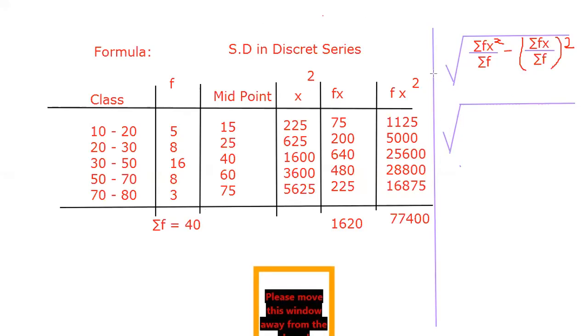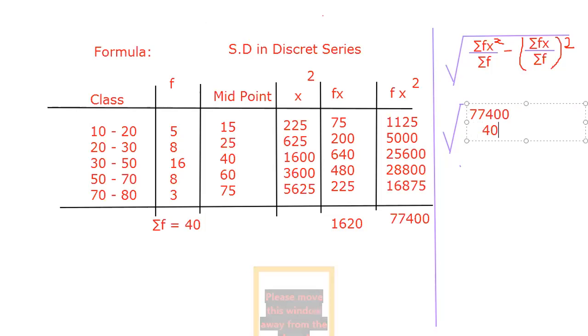So what is our sigma fx square? It is 77,400. Divided by, what is our sigma f? That is 40. So 77,400 divided by 40 minus,